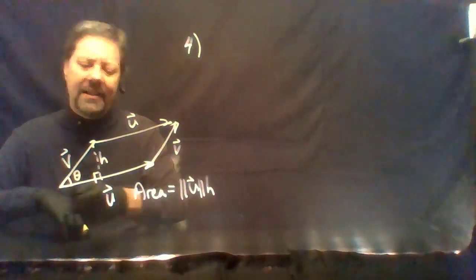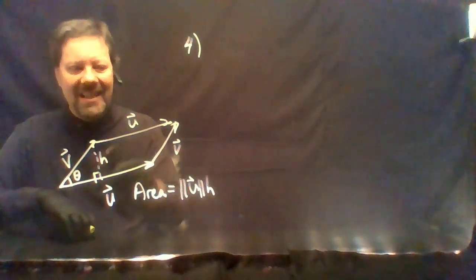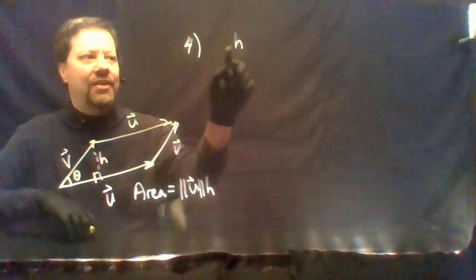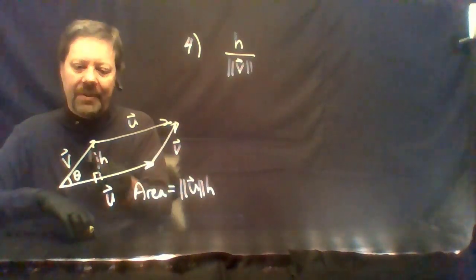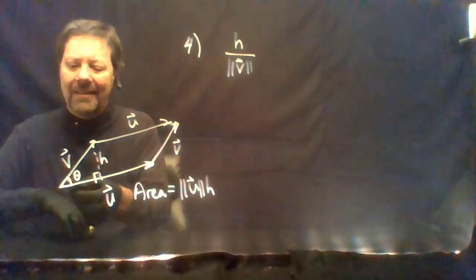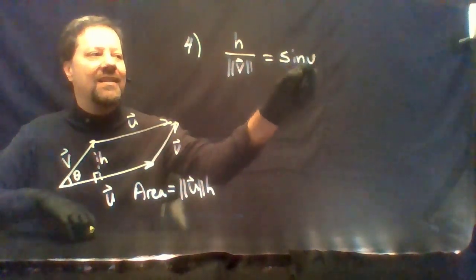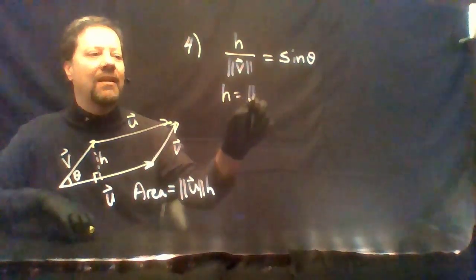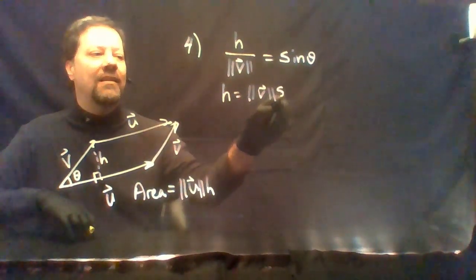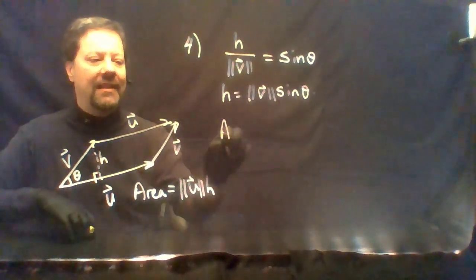Let's suppose that theta is the angle between u and v. You can see then that h divided by the norm of v is opposite over hypotenuse when it comes to the angle theta. It's the sine of the angle theta, which means h is the norm of v times the sine of theta, and that gives us that the area